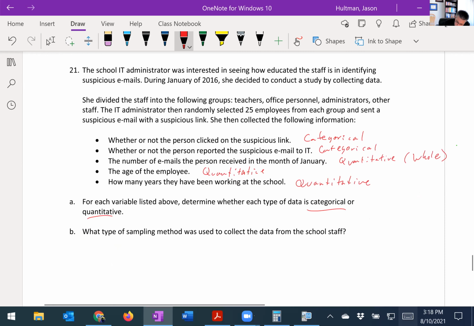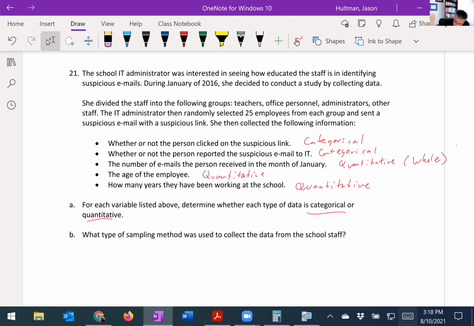Okay, or numerical. What type of sampling method was used to collect the data? Oh, I already said that. That's stratified. Okay, stratified data. Okay, so that concludes the